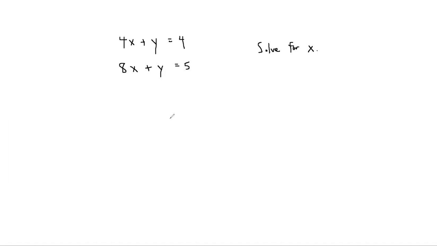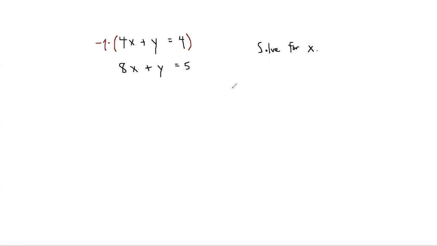However, there are cases where the question is set up in such a way that substitution might be faster than elimination, or vice versa. In this case, elimination is actually a little faster than substitution, although they will both always work. To use elimination here, since our goal is to solve for x, we would like to get rid of the y's if possible. One way we can do that is by multiplying the top equation all the way through by